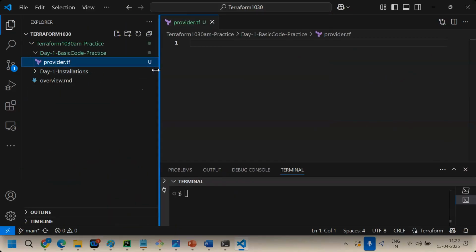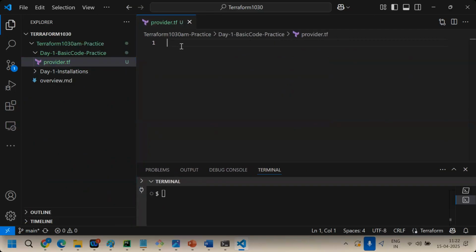Again back to code. I'm just explaining how to write a provider block. Provider block contains which cloud you are talking about. I'm talking about AWS. Provider block starts with provider only. Just give P, and automatically provider will come. Which provider? AWS. That's it. This is the provider block. Do I need to mention a region?